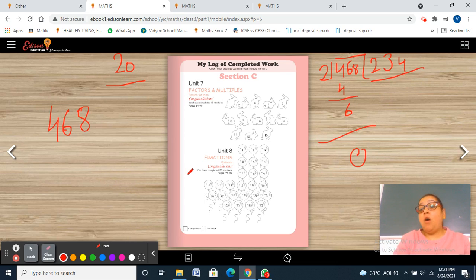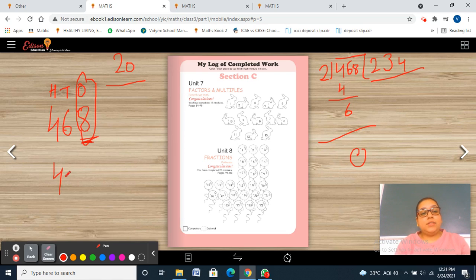But without doing all this calculation, can you tell me if this is an even number? So I'm going to tell you the trick. See here, this is HTO: hundreds, tens, and ones. Ones means the ones place value. When the ones place value is in the table of 2, 2 twos are 4, 2 threes are 6, 2 fours are 8, 8 comes in the table of 2, so this is an even number.